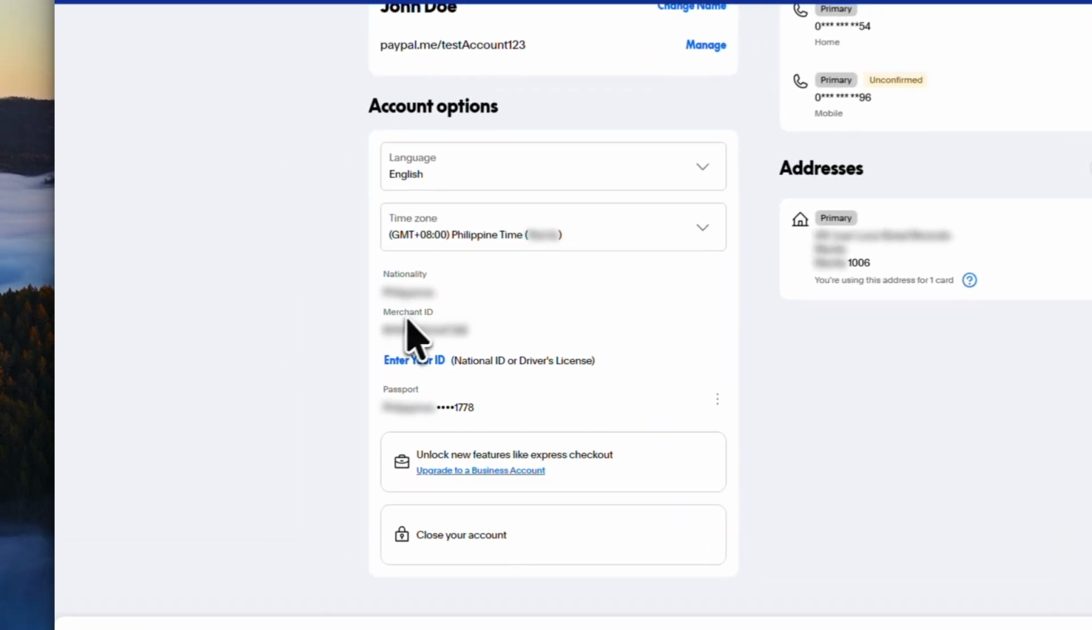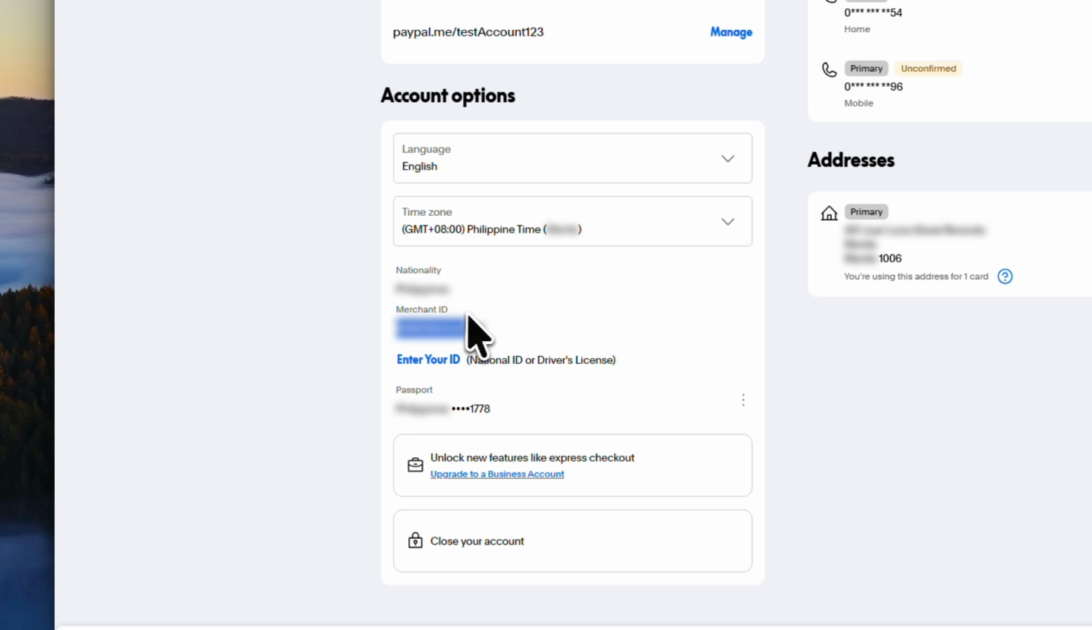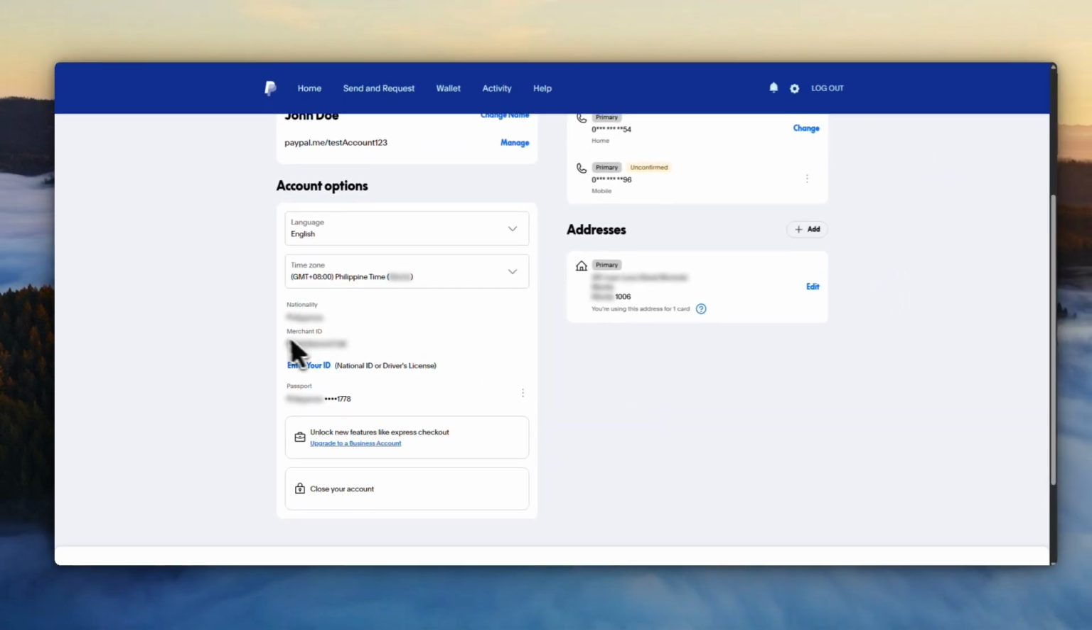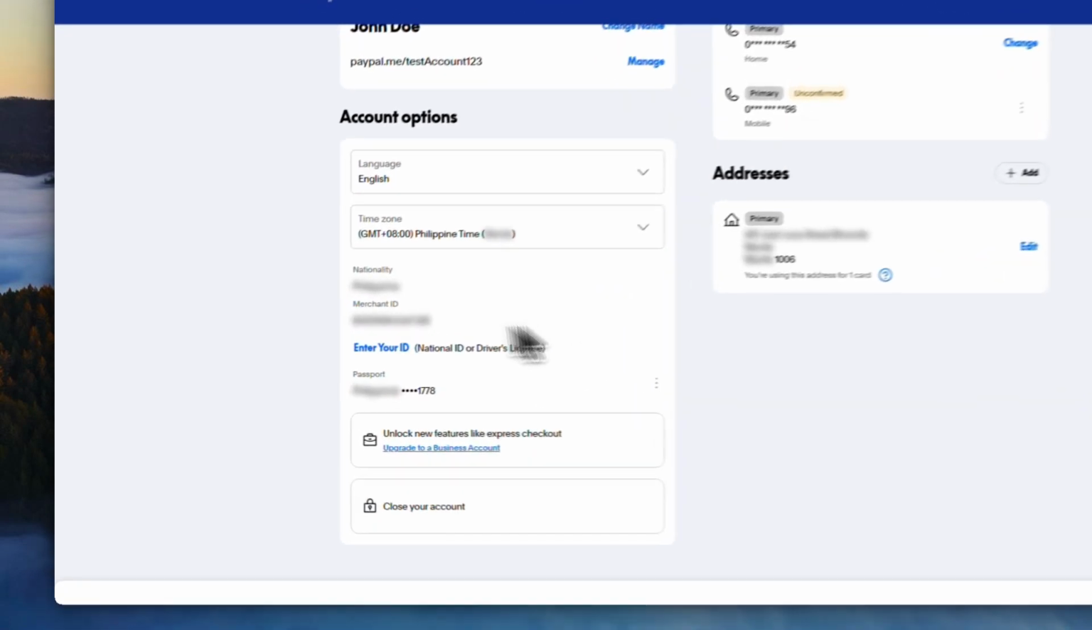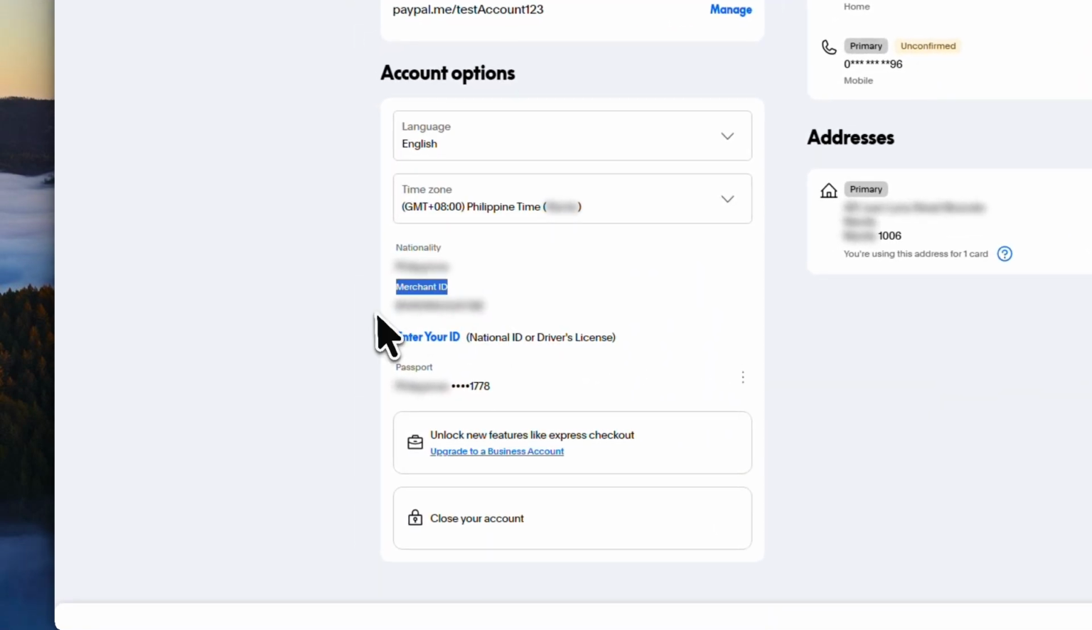Once you're in the Account section, you should be able to see your merchant ID listed there. It will usually appear as part of your account information, and it may be labeled clearly as Merchant ID, so it should be easy to spot. When you find it, you can copy it if needed and use it wherever a service or platform asks for